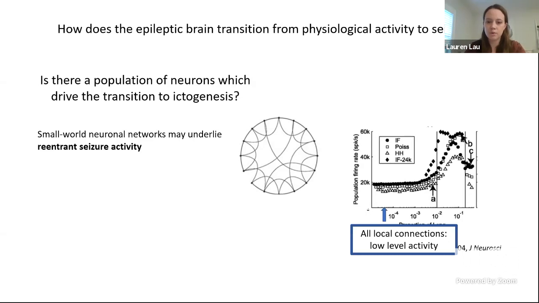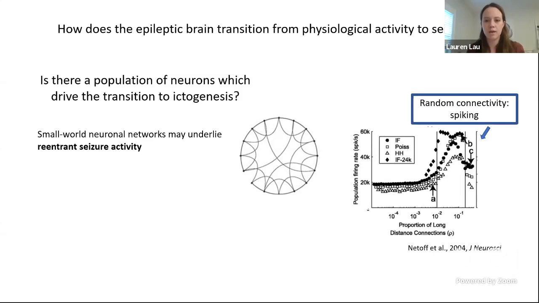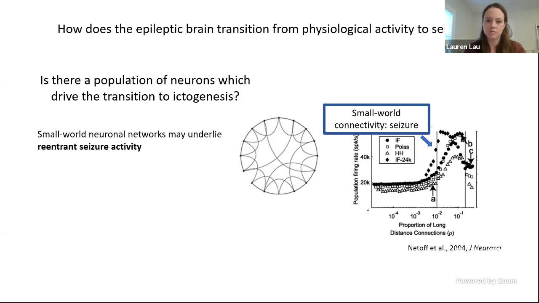For example, if all of your connections are local, then you get low-level activity that does not propagate through the network. If on the other end you have random connectivity, or primarily long-range connections, you get spiking, but not necessarily seizure activity. And it's really in this range of small world connectivity that you get seizures being generated. And again, in this type of network, there are no particularly highly connected neurons sitting in a privileged position, but rather just this underlying map is able to